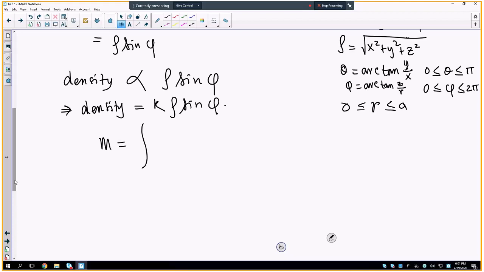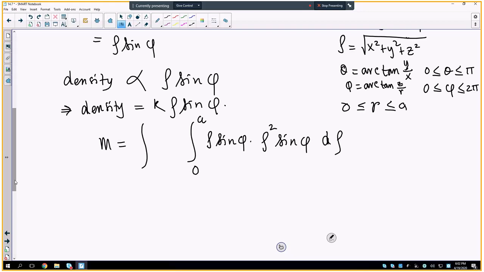So this is the integration. Let's first do the integration with respect to rho. So we'll say 0 to a, rho sine phi is the density function, times rho squared sine phi. Do not forget, this thing is going to come every single time we do the substitution of spherical coordinates from rectangular coordinates. And then as I'm doing it with respect to rho first, I will say d rho, and then